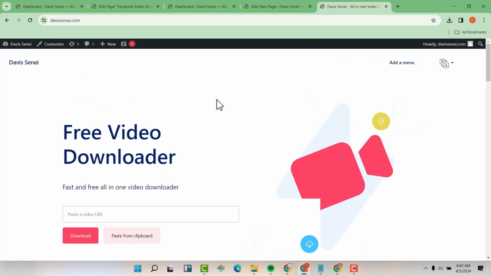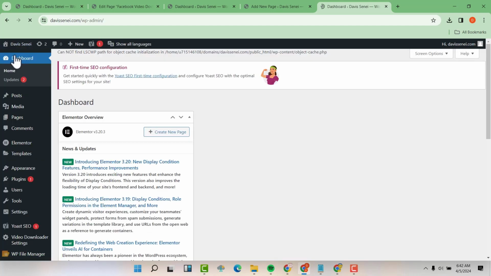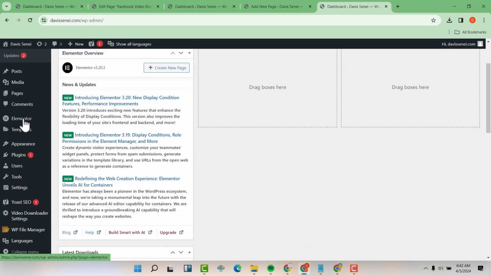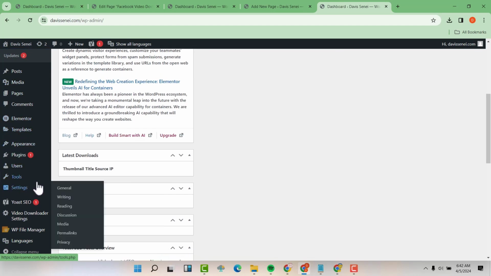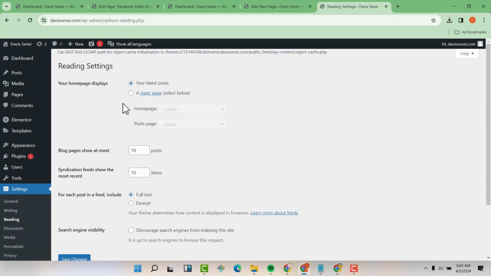So to change this, go to your dashboard, scroll down to your settings, then go to reading, and now you're going to see your homepage displays your latest posts.